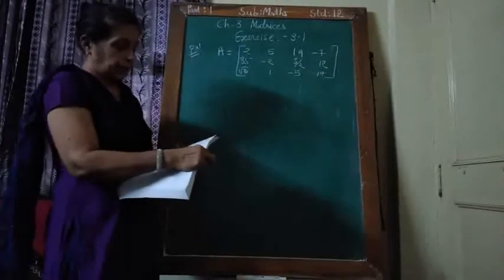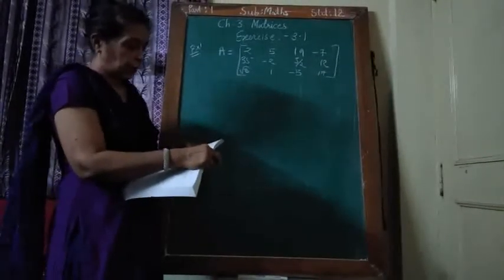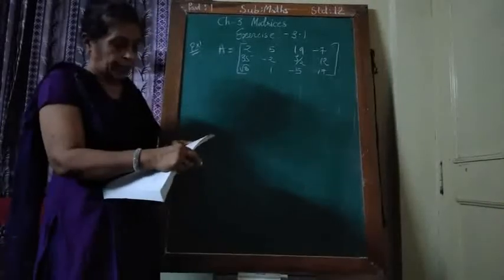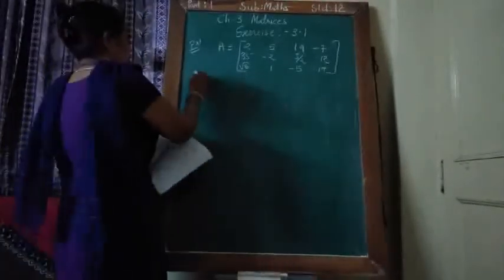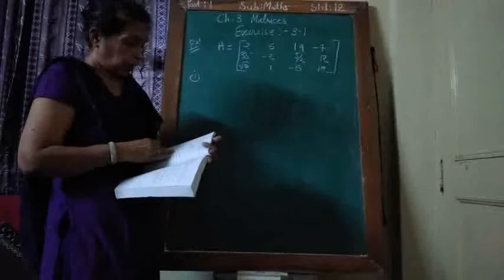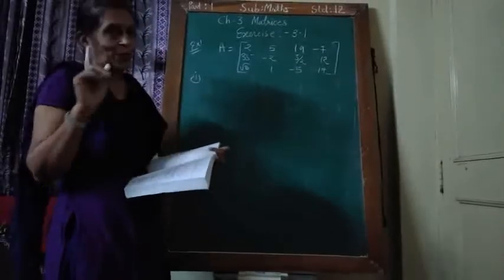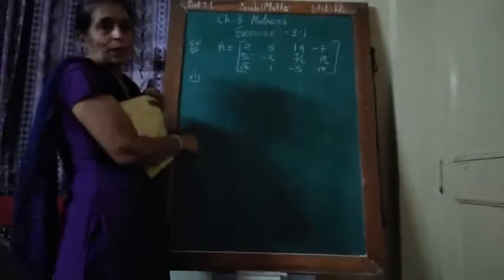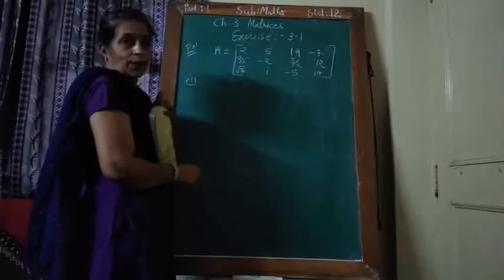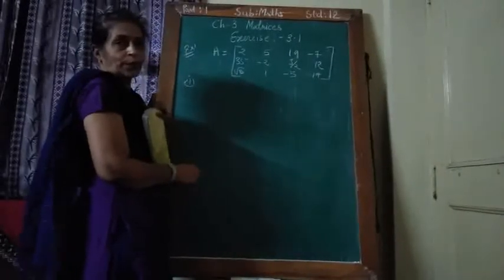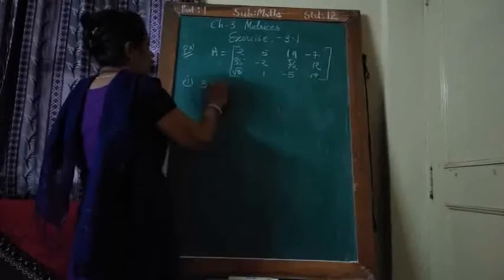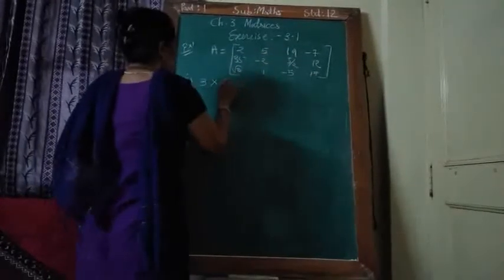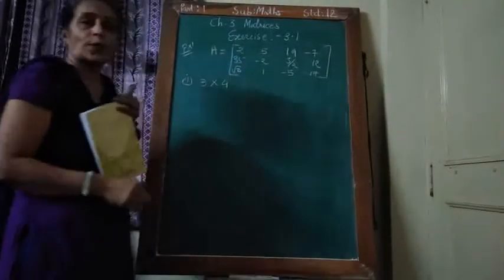Irrational and rational both combined are known as real numbers. So here what is the question? In the matrix A equal to this, there are 3 sub-questions. Number 1, the order of the matrix. First question is, write the order of this matrix. So what is the order? Yes, Priyanka, tell me the order of this matrix. Number of rows are how many? 3. And number of columns? 4. So the order of this matrix is 3 cross 4.